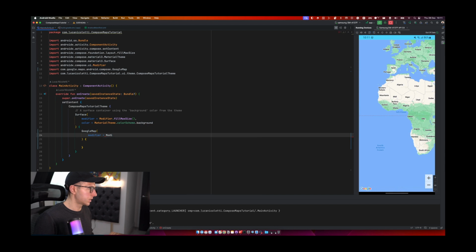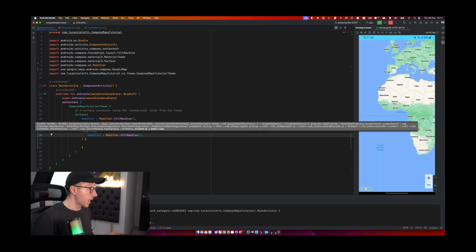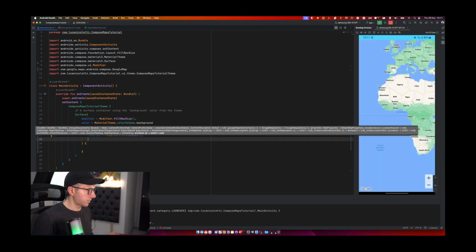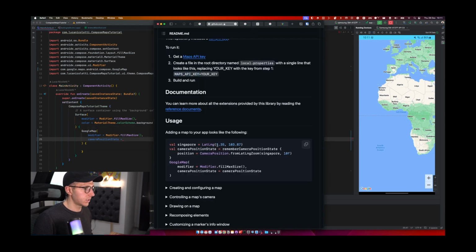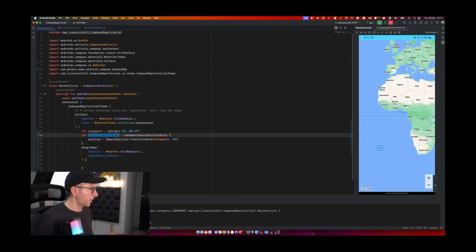So now Google Maps accepts a few parameters. One of them is the modifier. Let's fill the max size, for example. It's already done, but let's fill it. Then another thing that it accepts is the camera position state. But as you can see here, it's better to remember the camera position state. So I will copy those here, and let's go with